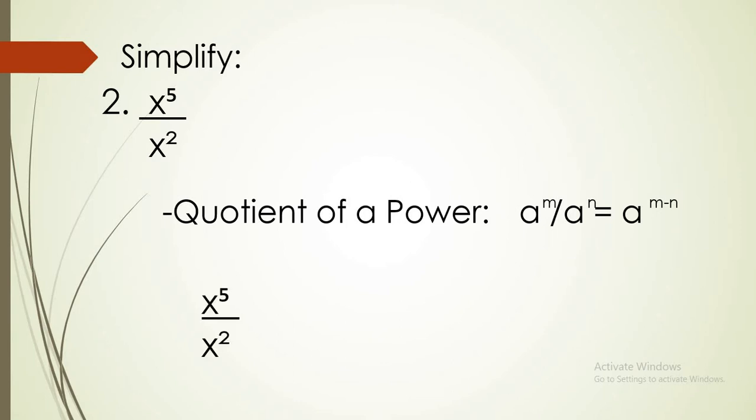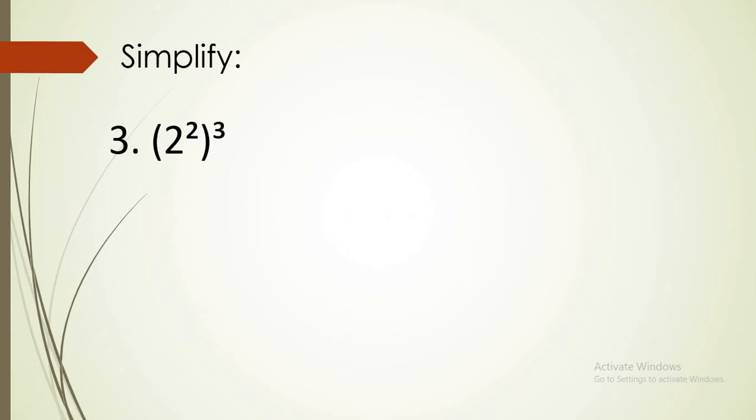So from x raised to 5 over x raised to 2, just write the base, which is x, and subtract the exponents, which is 5 minus 2. So it will give an answer of x raised to 3. Another one is simplify quantity 2 squared cubed